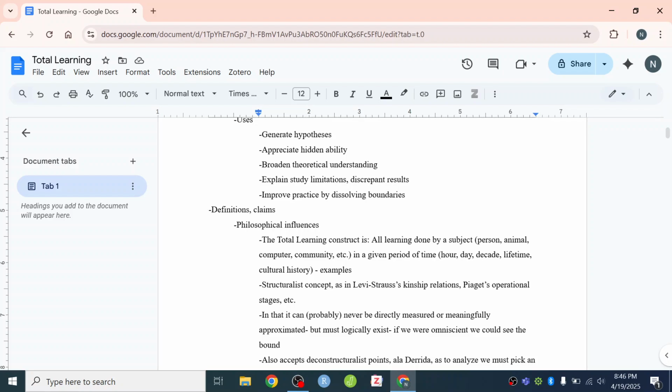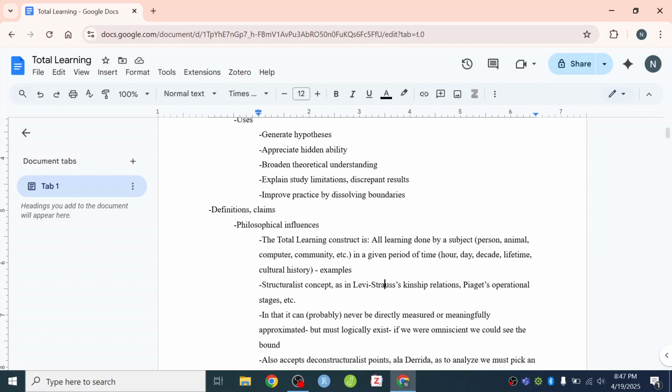You can imagine, what if our electronic sensory equipment became fine-grained enough that we could see every change in every neuron that is firing in the mind, in the brain, simultaneously, in every dendritic formation, all at once. Maybe then we could say this is our measurement of total learning. Of course, even that could be challenged. But maybe then we could say this is our measurement of total learning, and that is the bound, that is us filling up the bounds as we have drawn them.